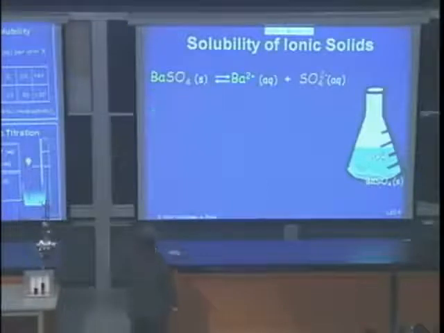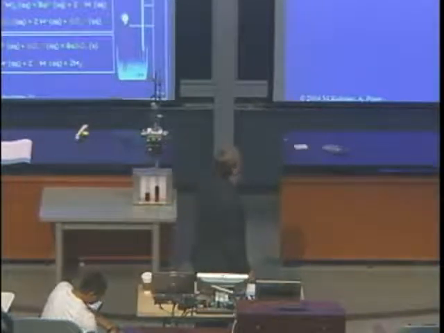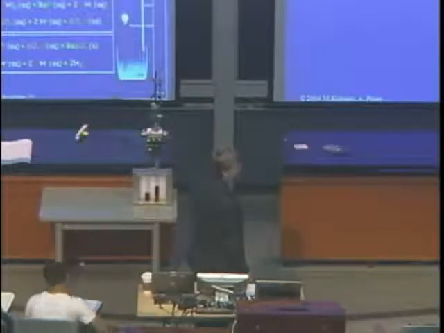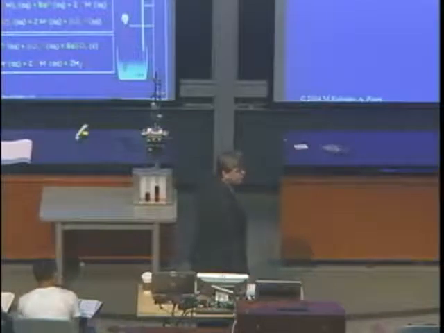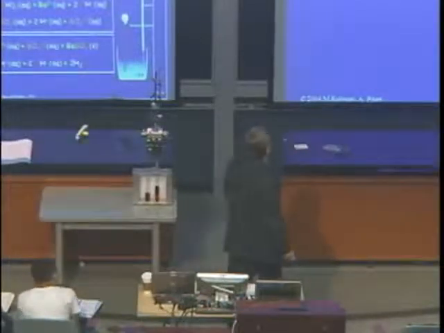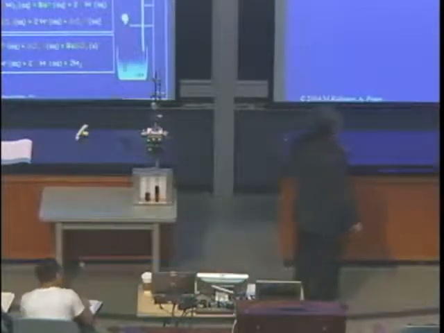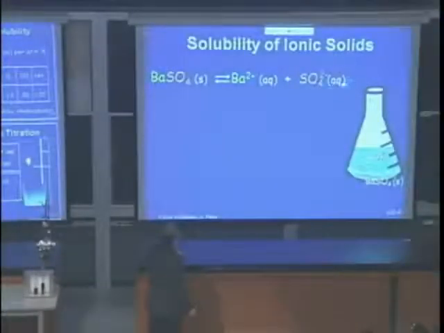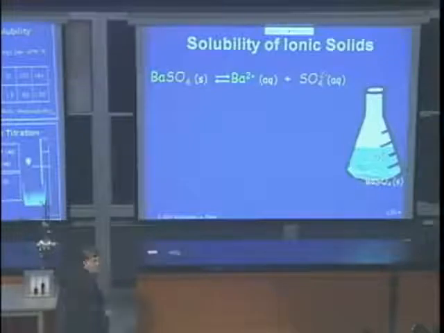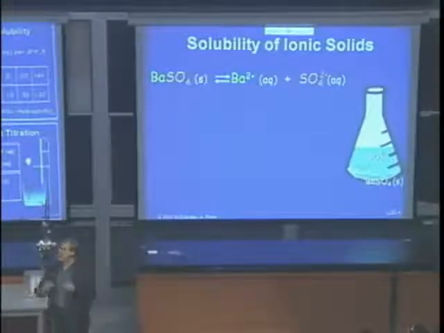So let's look at barium sulfate. That's a solid, and it dissociates into barium 2+ in the aqueous phase. These are ions, and are these anions or cations? Cations, okay, they are positively charged. And sulfate, anions, they are negatively charged. And there's an equilibrium. If I have this, there's a reaction quotient that I can formulate, and in equilibrium, I